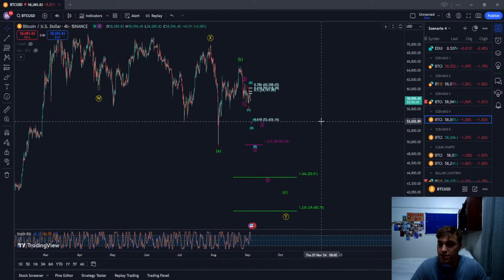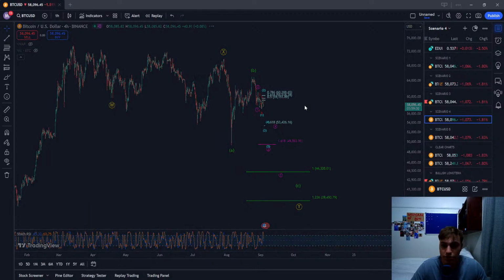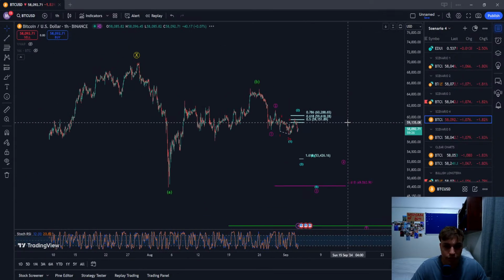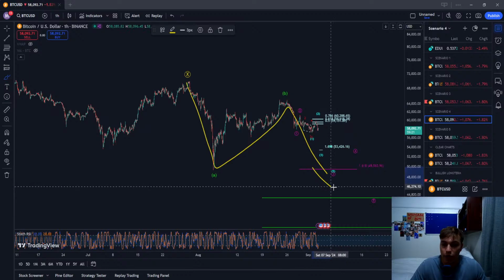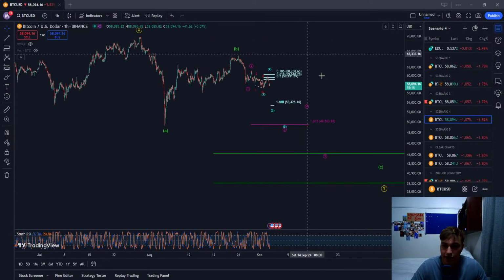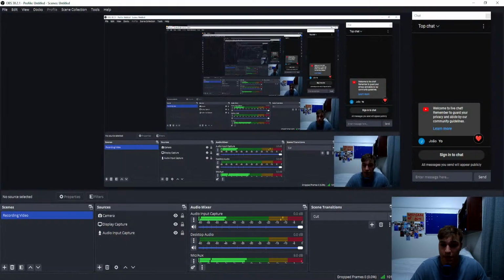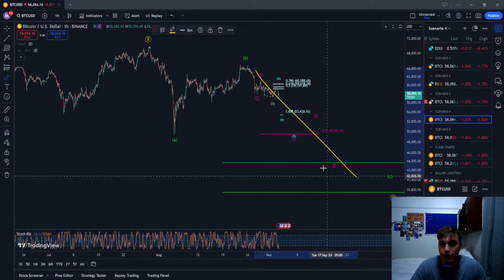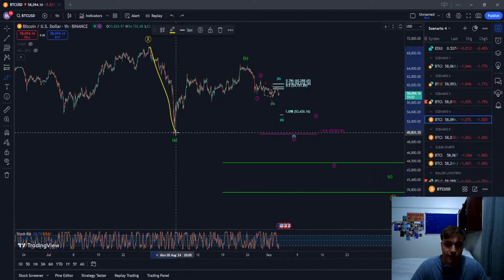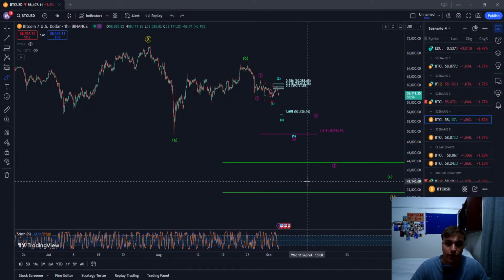I can get into that more now, but let's first delve into the hourly time frame and deal with the things now. So we have an A wave move to the downside, a B wave up, and now we're looking for a C wave drop to the downside. This is confirmed once the A wave low is taken out at 49,350. In this C wave we're supposed to have a 5-wave structure, right? We have a 5-wave structure in A, a 3-wave structure in B, and now are looking for that 5-wave move down.